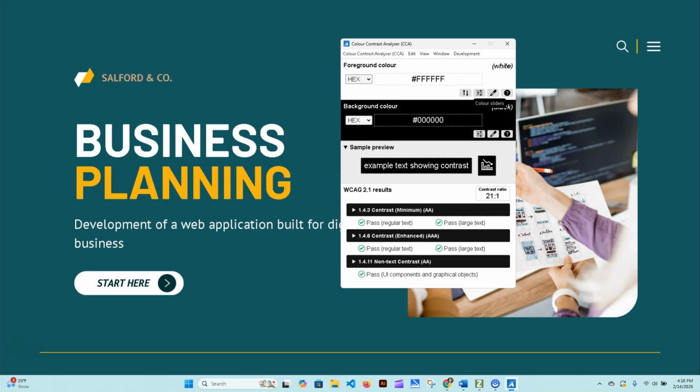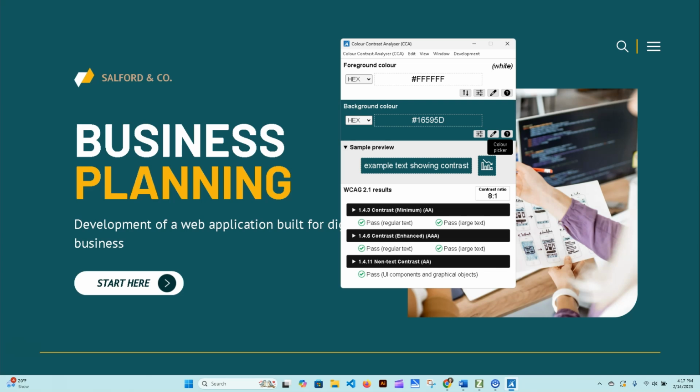So we can test, we already have our foreground here set as white. So we will leave that. Let's just use our eyedrop tool to change the selection for our background. So we will test our white to this teal color. As you can see here, it shows us the example of that, same as on the page. And we are passing at all levels for level AA and AAA.